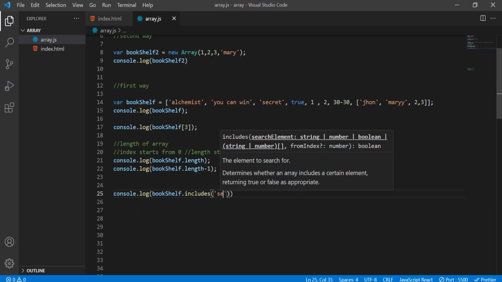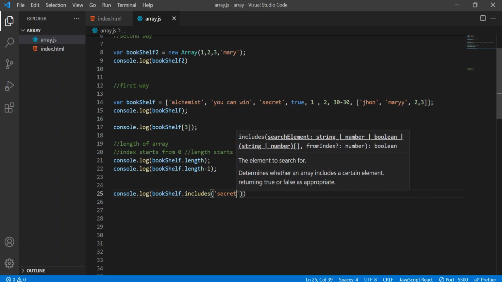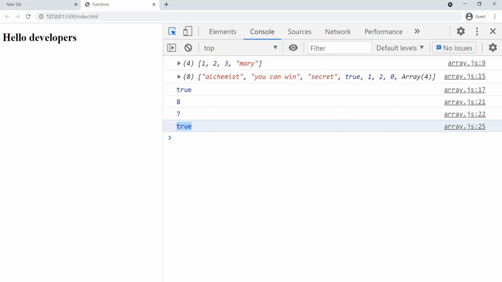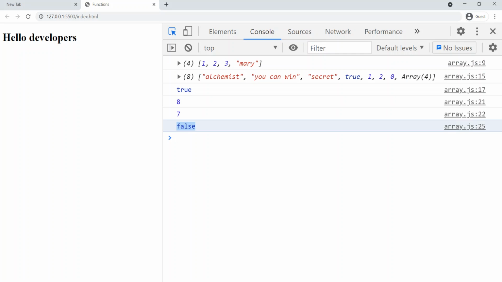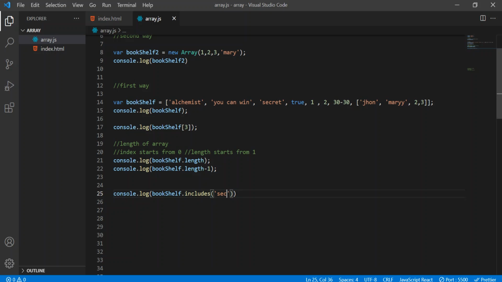So let's say I'll pass secret. Now I'll get a boolean output. You can see I got true because it is present inside the array, right? So let's remove that T and E. Now we'll get false because that is not present in the array. So that is why we got a boolean value, I mean a false value.